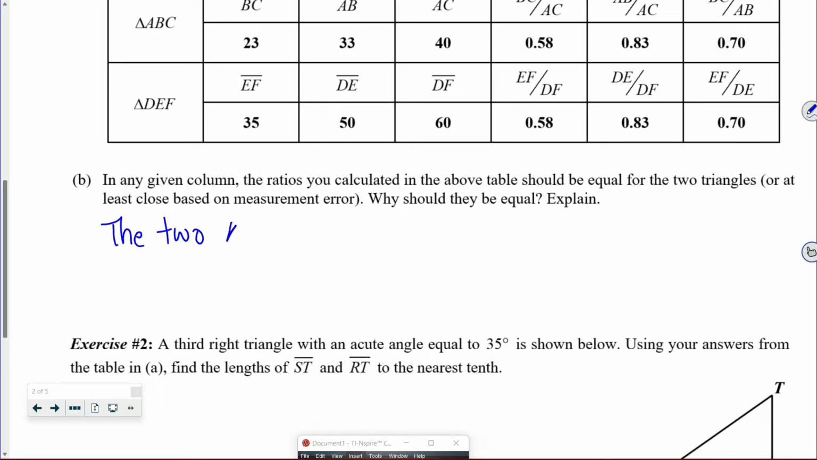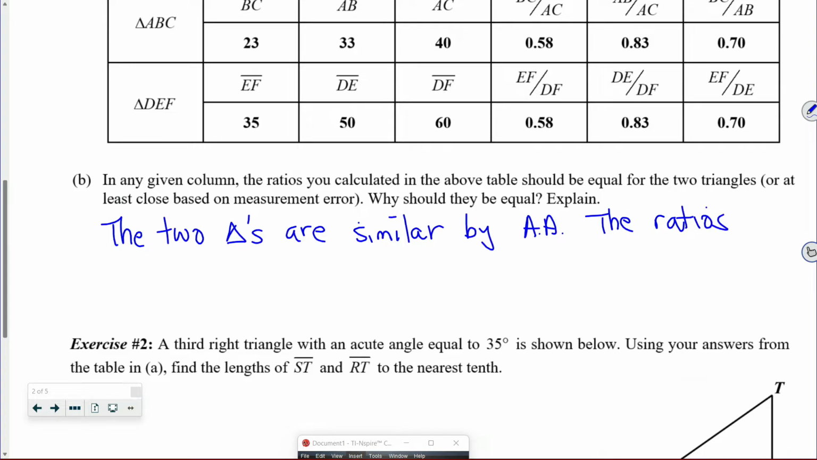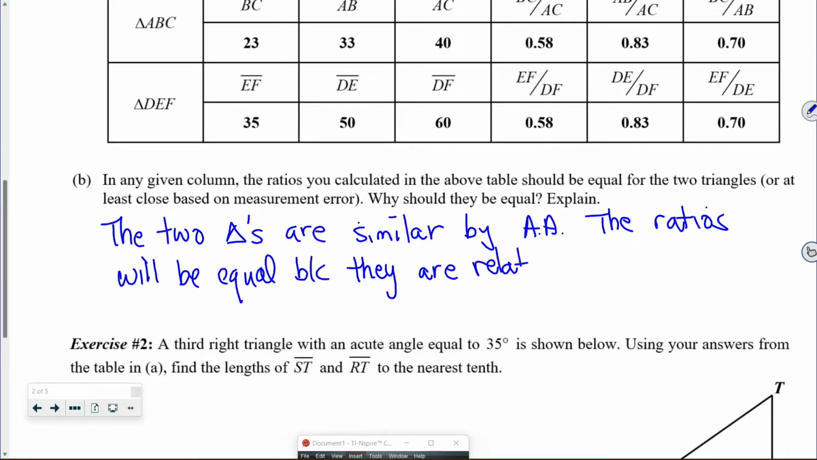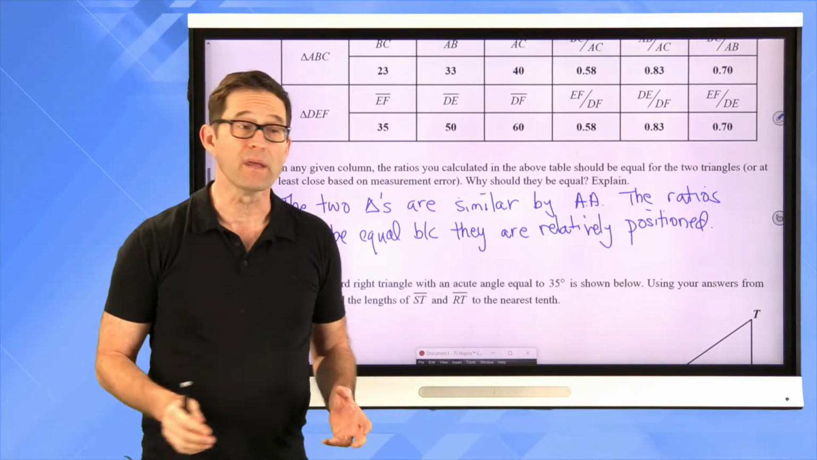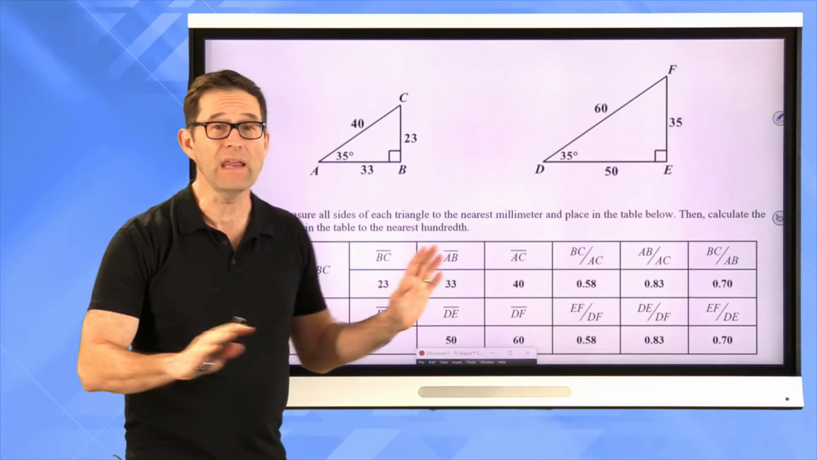So first, the two triangles are similar by angle. The ratios will be equal because they are relatively positioned. All right. Now the cool thing though is that that means if I have any right triangle